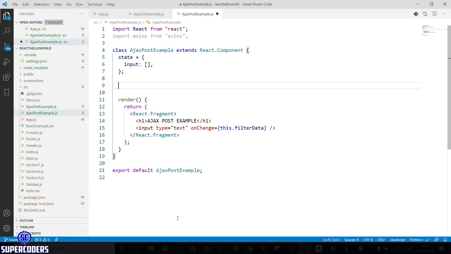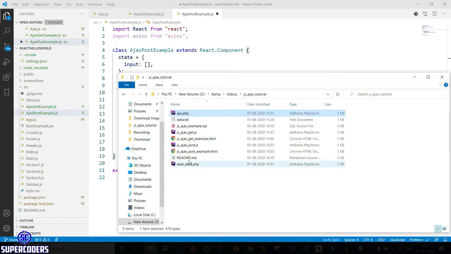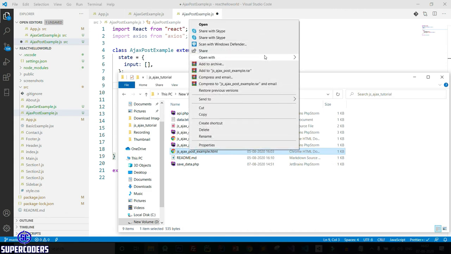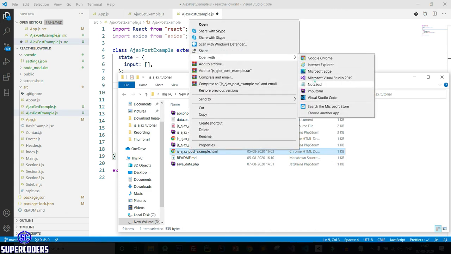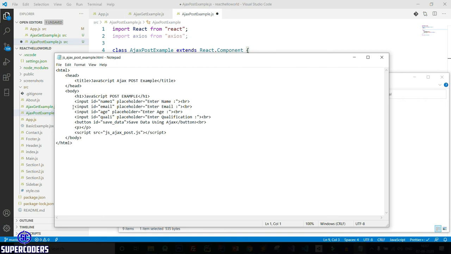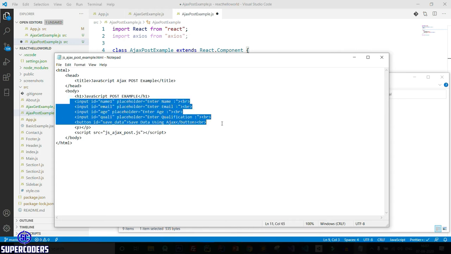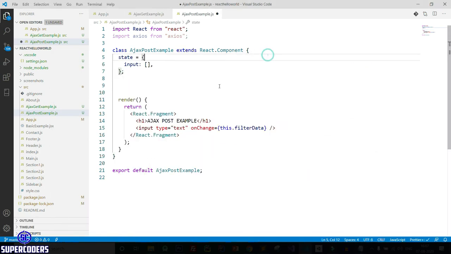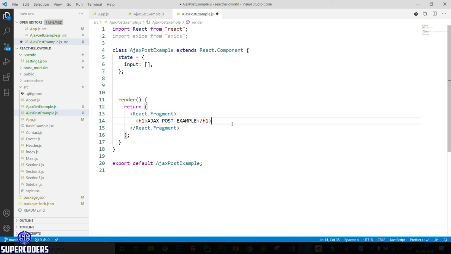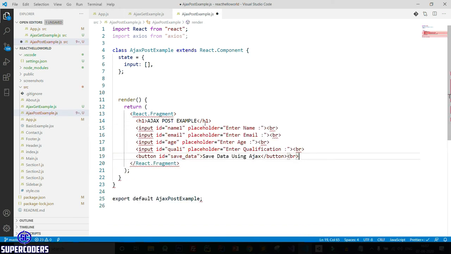I am just copying my previous HTML code. Open this. Here I only created an input, and I already created an input in my previous tutorial. Copy this, close it, come here, also remove this, paste here.